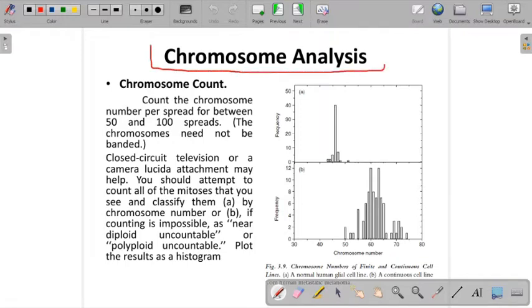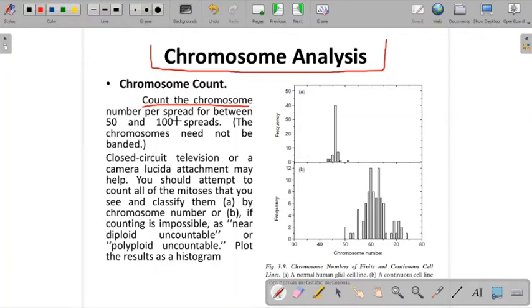What is chromosome analysis? Chromosome analysis is very important because unless and until you find the exact pair or the exact picture of the chromosomes, you can't say whether the organism has a certain disorder or an impairment in its genes. So counting of chromosomes is important. With respect to the standard photographs or standard length of the chromosome, we can compare our slide with the reference slide or reference photographs.